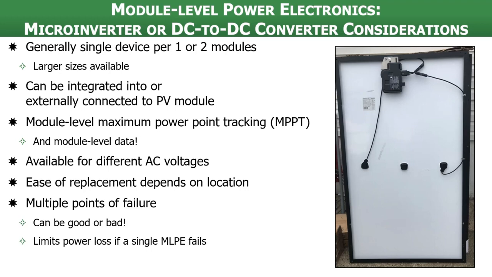One other point of consideration with this type of equipment is that they offer multiple points of failure, and this can be a good or a bad thing. If for some reason a bunch of inverters, microinverters or DC to DC converters go offline or have an issue, then you have multiple places where there can be issues that have to be dealt with, and they might not always be the same issues. So you might be troubleshooting an array